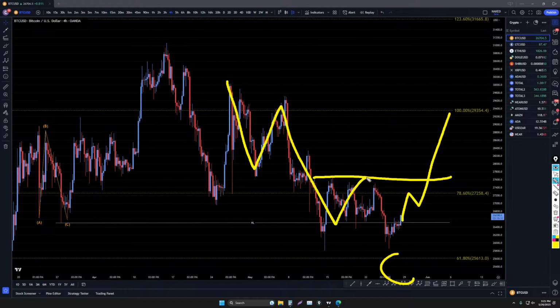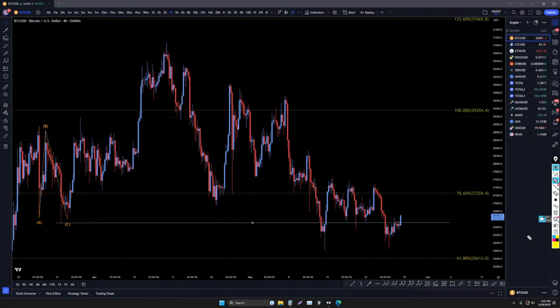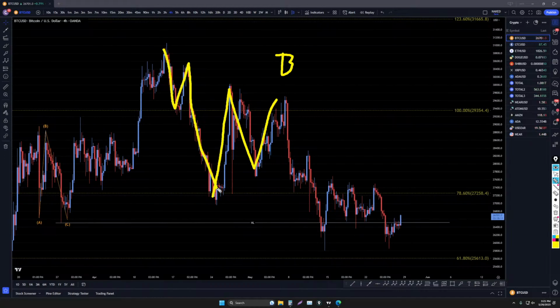1, 2, 3, 4, 5. That wave up, it kind of looks like a part of the wave B, though. So where's the 1, 2, 3, 4, 5 then? I guess this one didn't make a very nice trend either, so it definitely has that 3, 4, 5 shape.